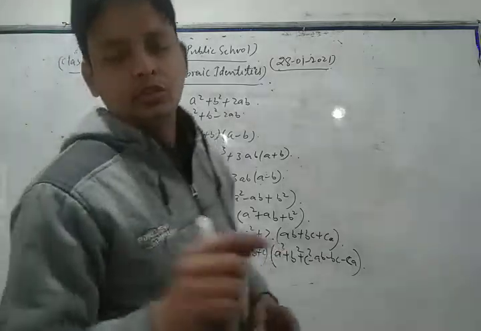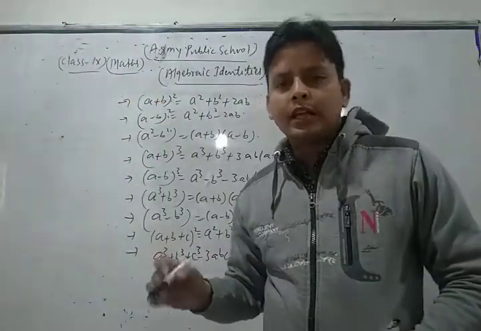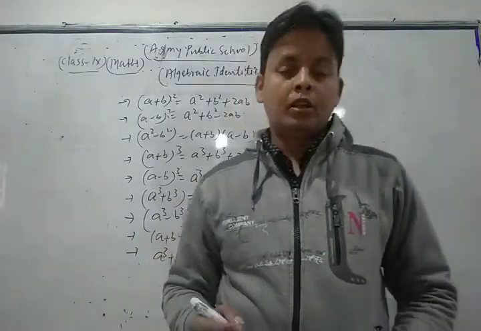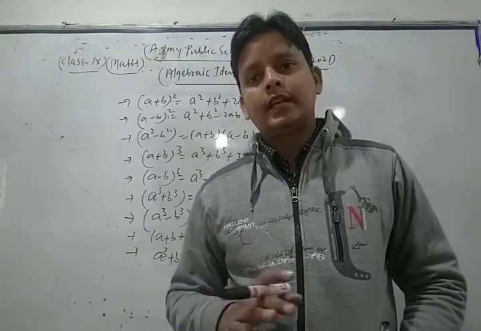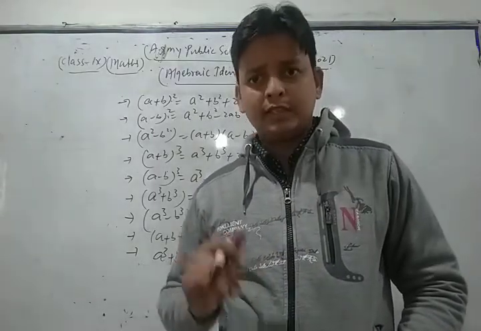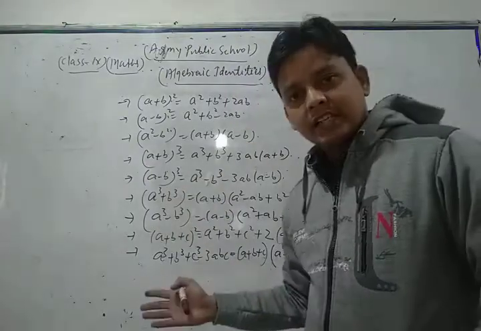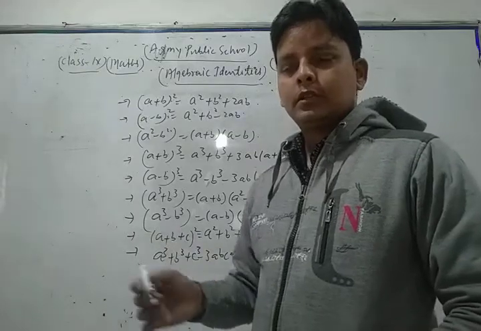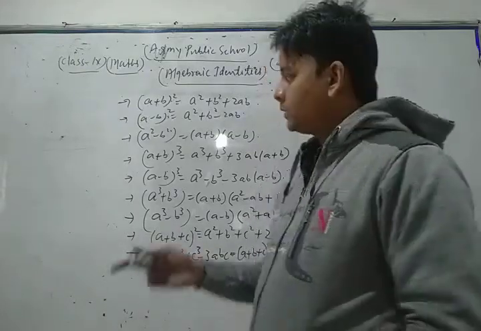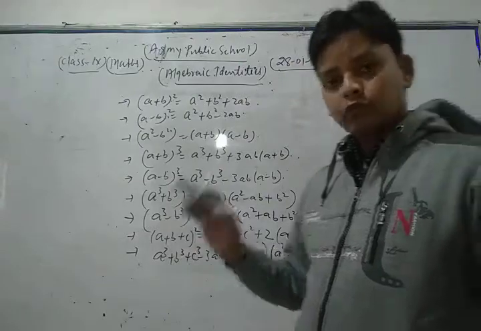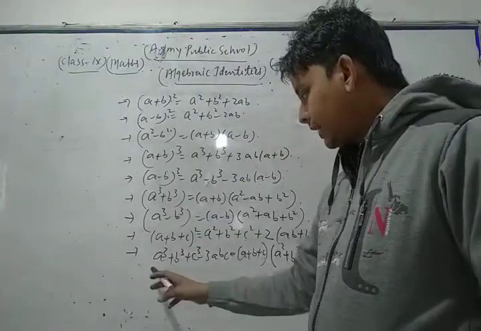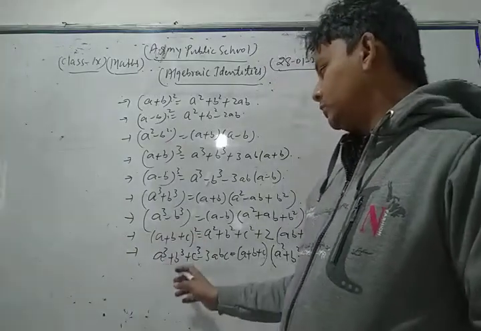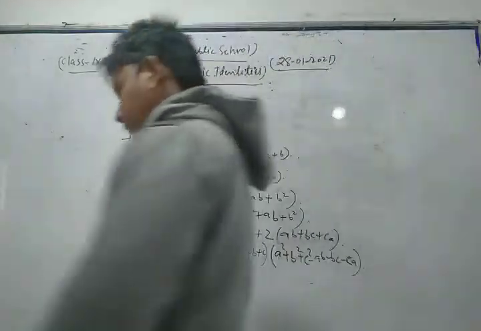So first of all, dear students, you learn each and every algebraic identity. After that you can solve each and every question of your NCERT exercise based on all these algebraic identities. Now we will solve some other important questions of your syllabus based on these identities. Before that, we are going to discuss one important result related to a cube plus b cube plus c cube minus 3abc. Okay, let's see.